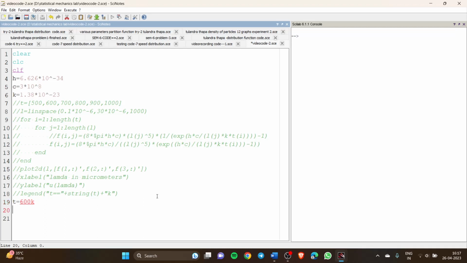Now this is 600, which we will not write as Kelvin, because the computer doesn't know what is Kelvin or not if we don't tell it what K is. So now we have taken this, and again we have to write L space because we have to have something on the axis to be plotted. So we will write like this, and now simply